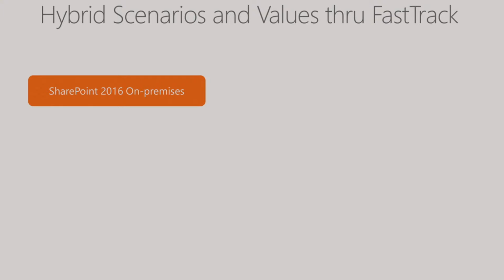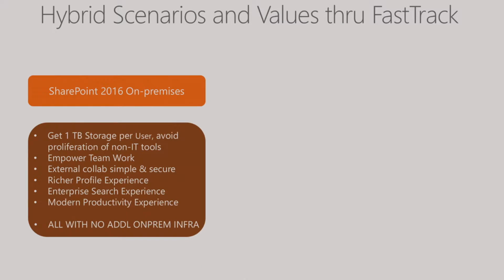There are key values that you're going to get from this 2016 on-prem itself. The first and foremost is the simplified file sync and share experience. That means you are able to provide your end users a personal space in your organization so that they don't go off and start using non-IT based tools, even their own personal drives, like OneDrive for consumer, and then start sharing stuff. That means you are now susceptible to leakage of data from your organization. So instead, you bring them in and say, no, we are going to give you some value within the organization,